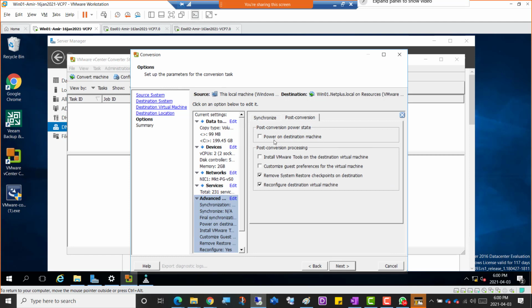Post conversion: power on destination machine. You want it powered on. Okay, we'll try. Install VMware Tools on the destination virtual machine. That's always a good idea. Customize guest preferences for the virtual machine. I'm not going to select that, but if I do,